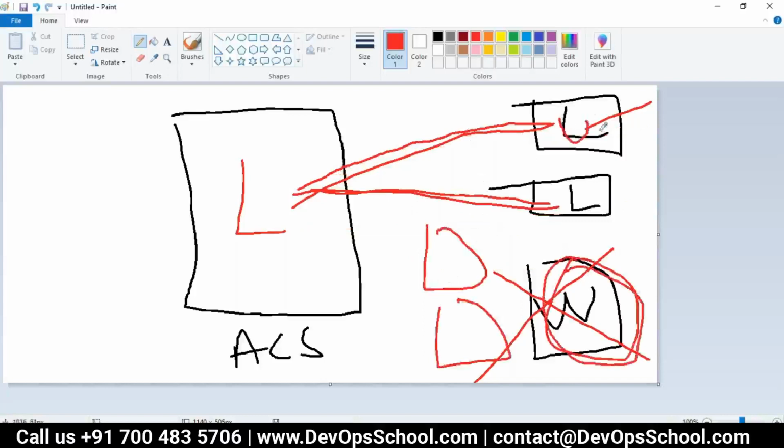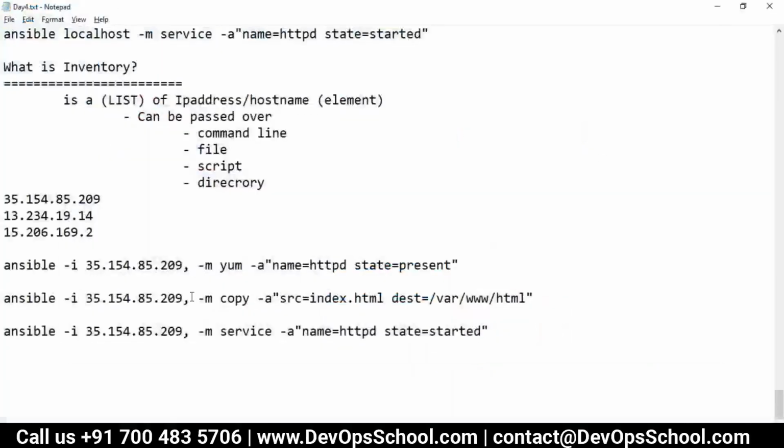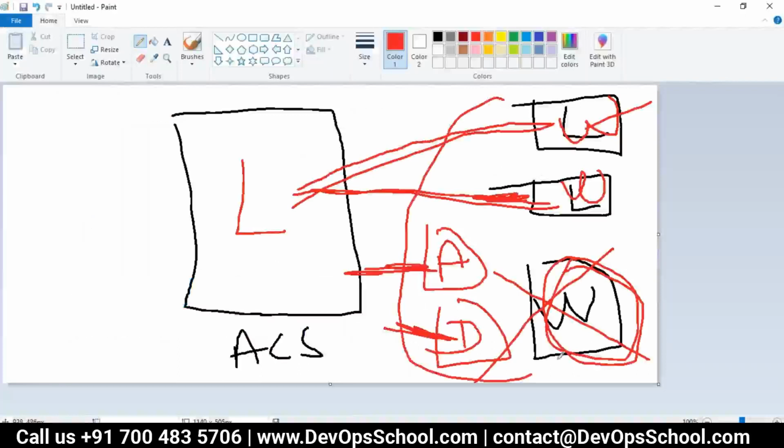Let's say this is the web server, this is the app server, this is a database server. So you will install MySQL here, Tomcat here, Nginx or Apache here, something like this. You will not do everything on every machine. So this list represents your environment. Will you do this stuff everywhere, or only on these machines?